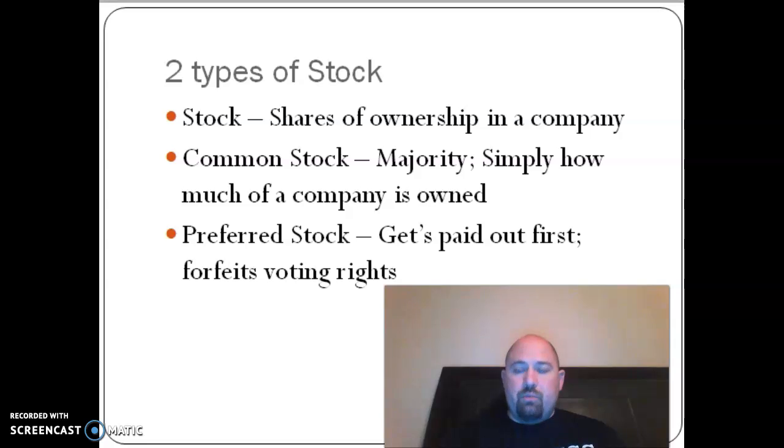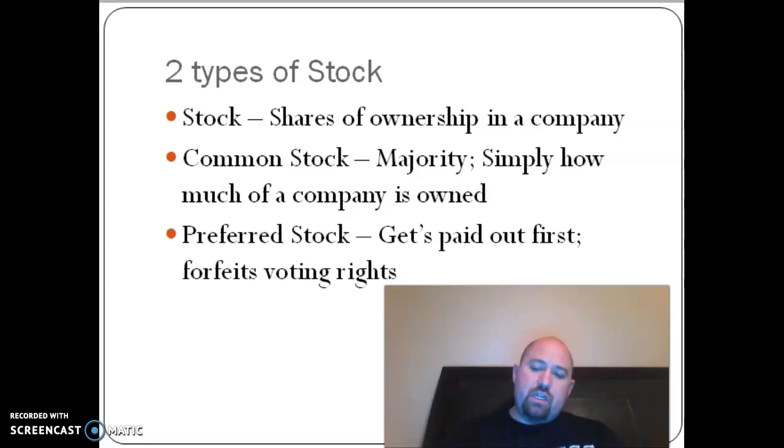Now, in very large companies like Fortune 500 companies, so we're talking about Amazon, Facebook, Walmart, Target, there are thousands and thousands of stockholders. Well, every decision that needs to be made cannot be left up to thousands and thousands of people. So what you do in those instances is you vote for a board of directors who serve on your behalf and make decisions for the company that best benefit you. Now, we're going to talk about how your benefits come into play in just a minute, but that's what common stock is.